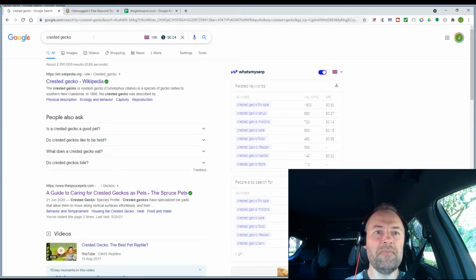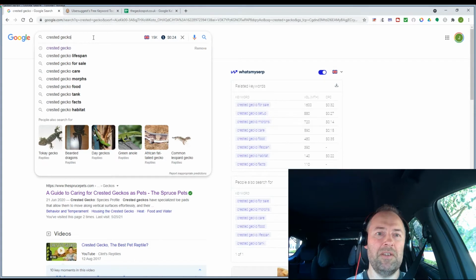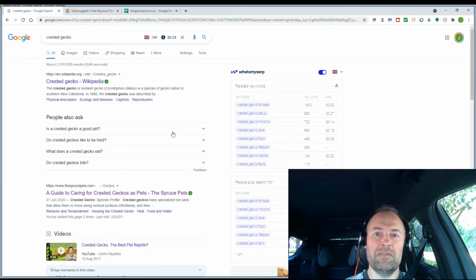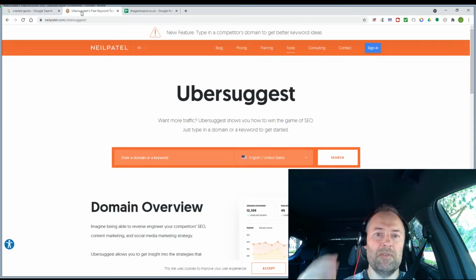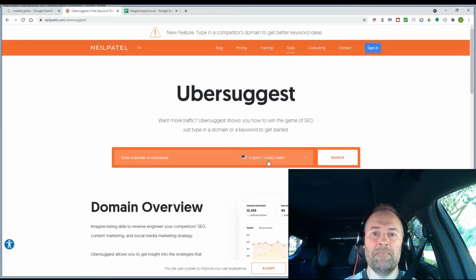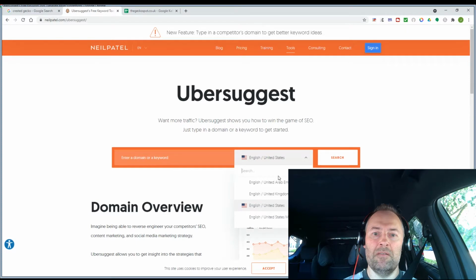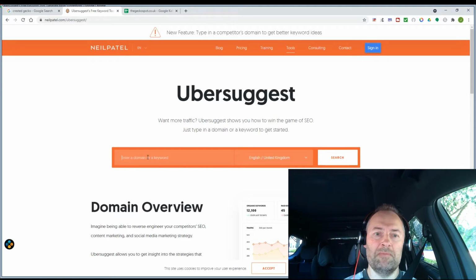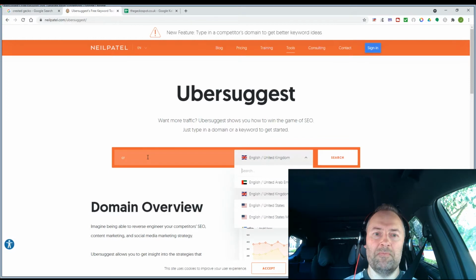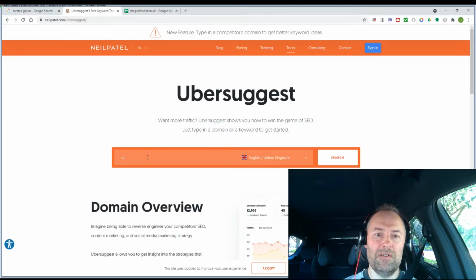So now I have written Crested Gecko here, and using that tool I will get a list of various related keywords and things people are searching for. But in order to make it a bit easier for myself, I will also be using this Ubersuggest tool, and I will set this one to English, United Kingdom, and do the same search here, Crested Gecko, since the first topic I will be focusing on is